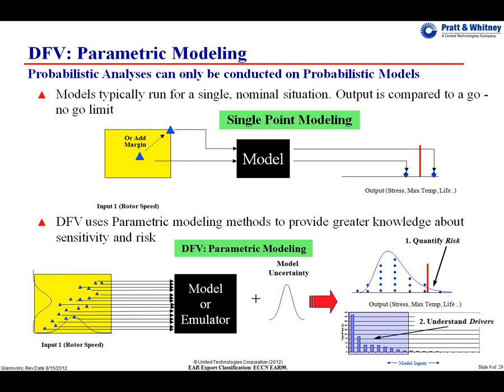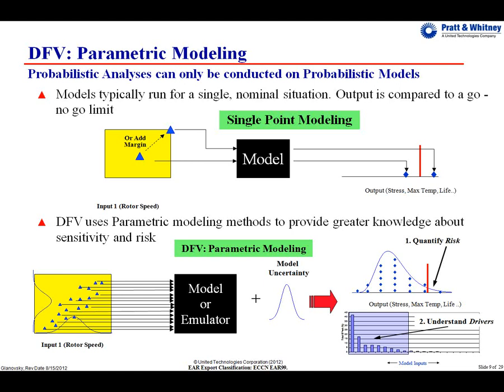We needed all engineering models to start working parametrically. They needed to take thousands of different designs, each one slightly different than the other due to manufacturing tolerances, due to wear over time, and run each and every one of those through the model. And then we also need to add in the uncertainty around the model itself, which we learn about when we calibrate it against field data, so that we get a full probability distribution of how these different parts are going to perform out in the field and how many of them are not going to meet our requirements.